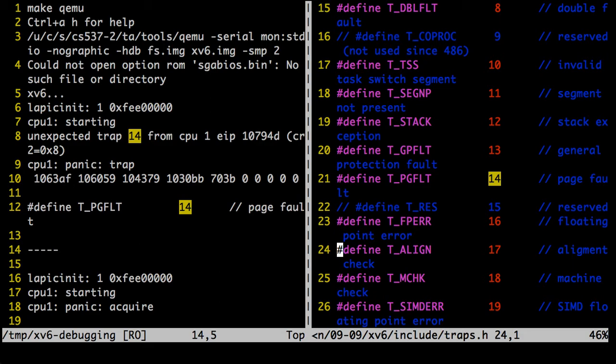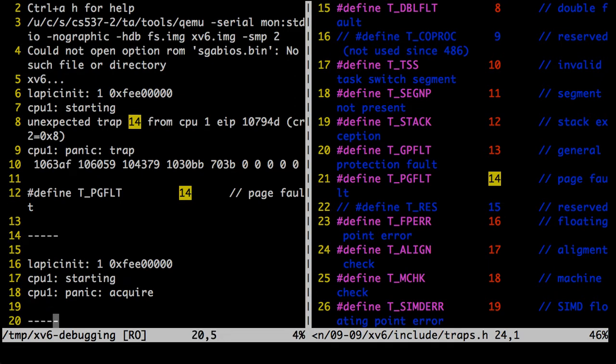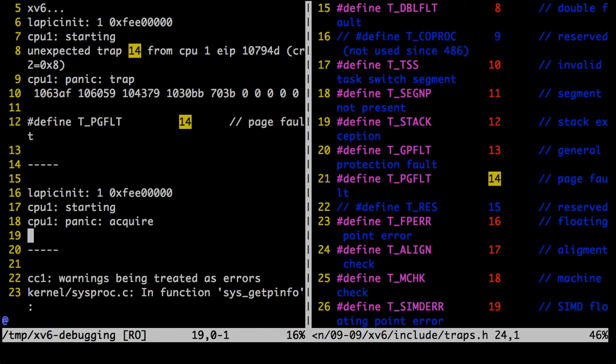If you're getting 14, it's a page fault, and one reason for a page fault is that it can't find where the page table is, or you're trying to run a process that's not been initialized, but for whatever reason there's something wrong with your process. In the scheduler project, one reason this came up all the time was that people were trying to run a process that wasn't properly initialized. They tried to run a reserve process, it was not there. They tried to run a spot process, it was not there. So they fetch something bad from the ptable and run it, with predictable effects. If you get something like this, this is how you go about debugging it.